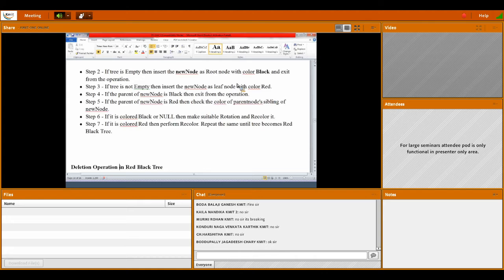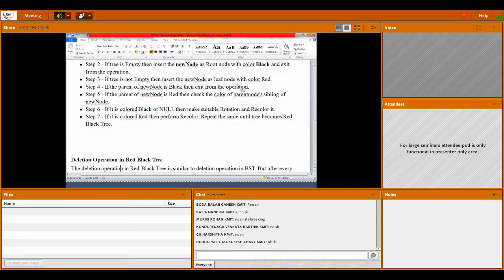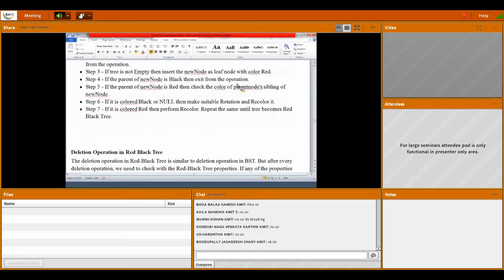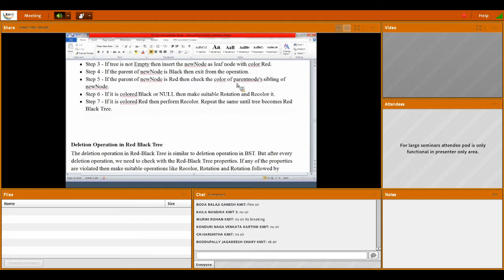If it is not satisfying the 6 properties we discussed, then do either recoloring or rotation followed by recoloring. These 3 steps, whichever is suitable, we will do. If it is colored red, then perform recoloring. Repeat the same steps until the tree satisfies the red black properties.